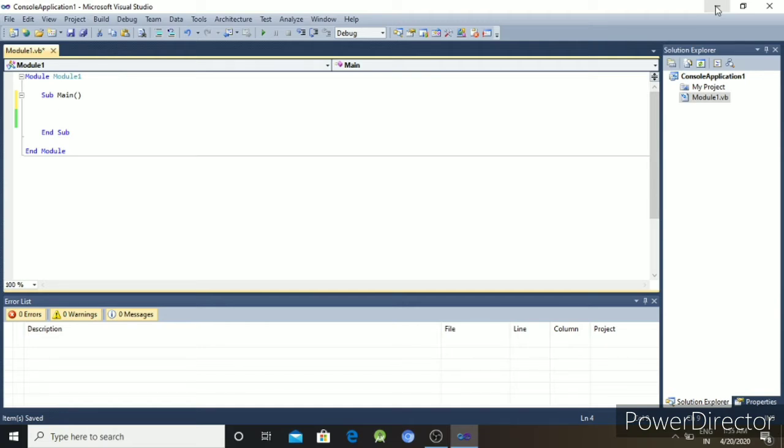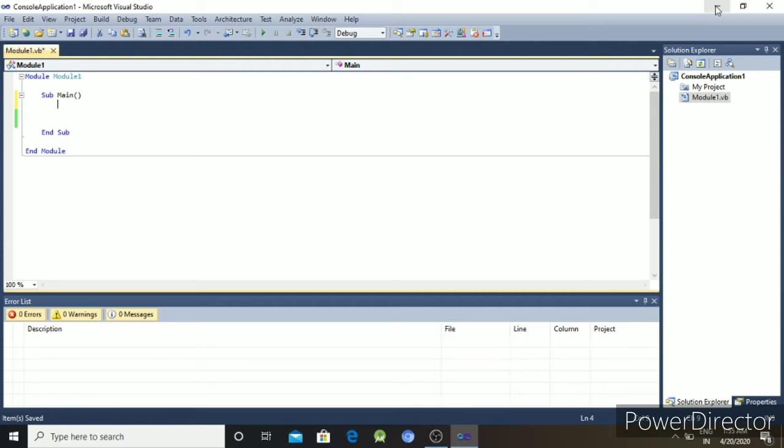So what is nested if? Nested if is nothing but if within if. When you write one statement within another if statement, it is called a nested if statement. With this kind of structure you can solve many problems, for example, to display the maximum of two numbers, to display odd or even, or many more.